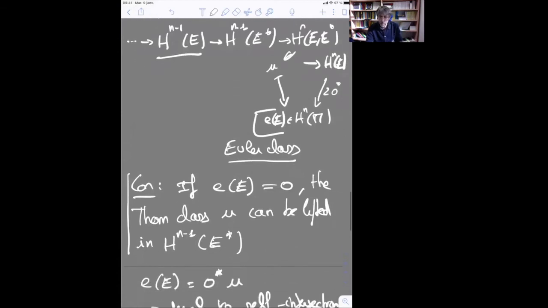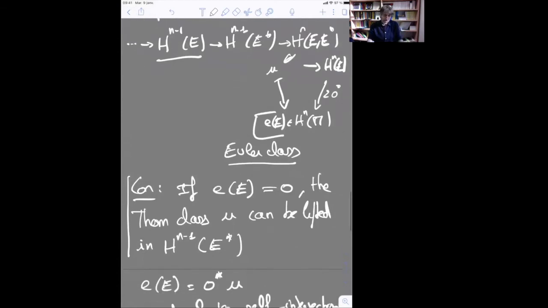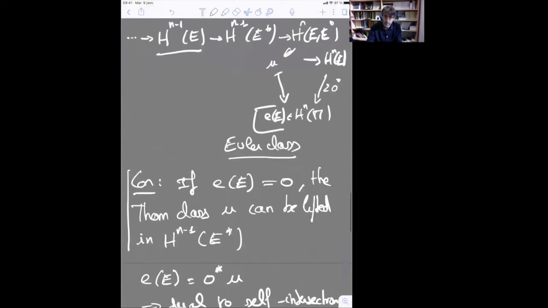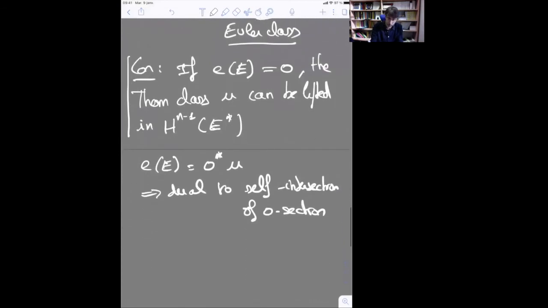But at this point, what I want to say is that the Euler class has some interesting topological meaning, but in many situations, it can be proved to be 0. Then you get a new class, the lift of the Thom class, which is in degree n-1. And I want to convince you that there will be a rich arithmetical meaning of this class. But to do so, I have to consider cases where the Euler class can be 0. And there are two natural situations where the Euler class is 0, and that will be the situation we will discuss. So let me say it like that.